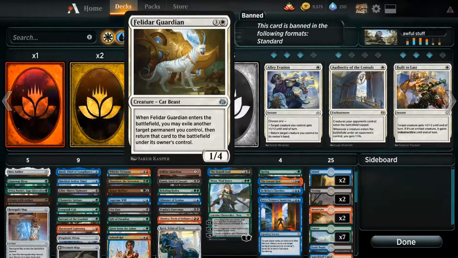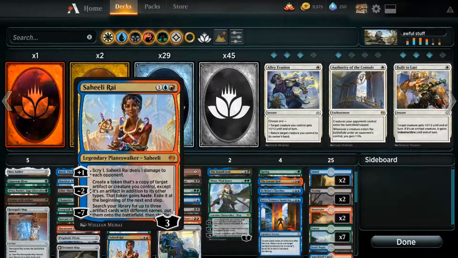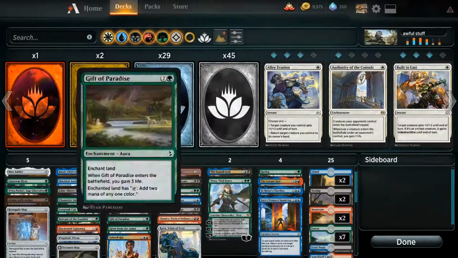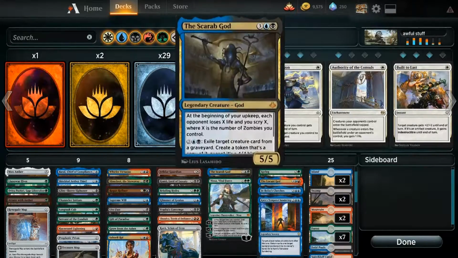We have the dumb infinite combo of Felidar Guardian and Saheeli Rai. You play Felidar, you -2 on the Felidar, it makes another Felidar, you flicker your Saheeli, you get to infinite combo that way. It takes a really long time on MTG Arena, so hopefully our opponents are going to scoop if we assemble it. But basically, other than that, we're like a 4-color ramp deck, mostly green and blue,